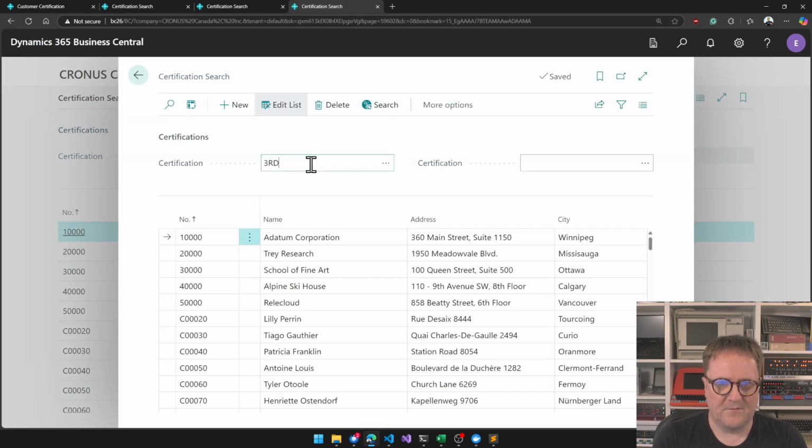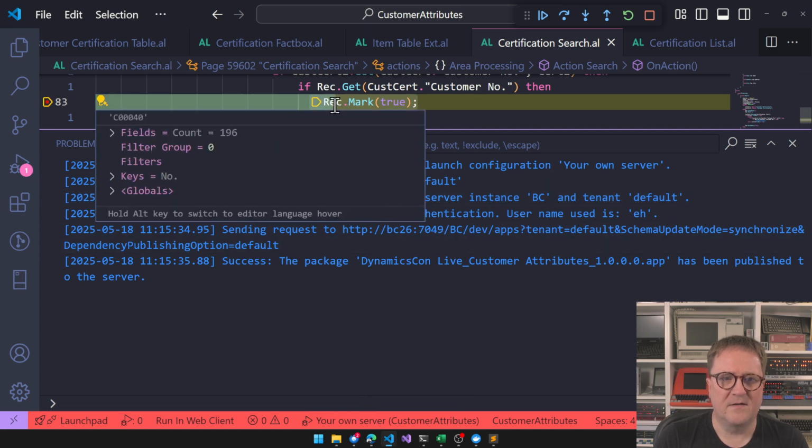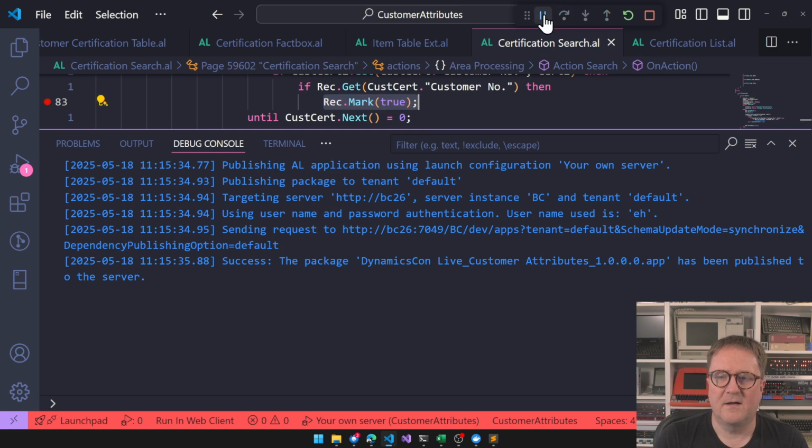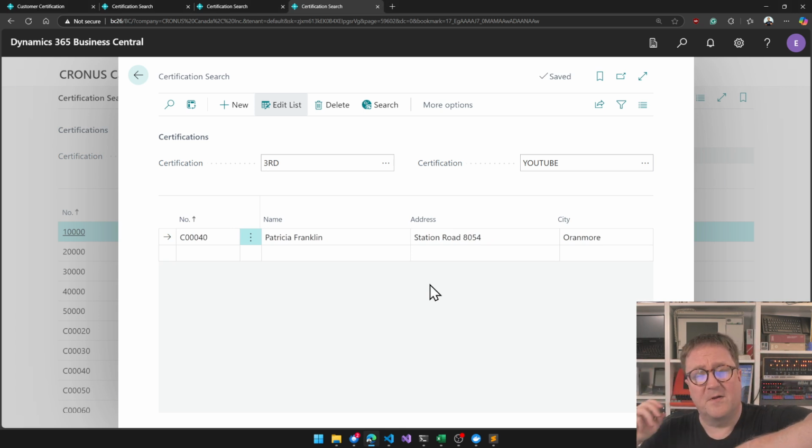So that one was called third, and this one was called YouTube search. We get the breakpoint again, and now rec is 40. Boom. So we searched one, and we saw if it was in the other one. In this case, this is fairly simple